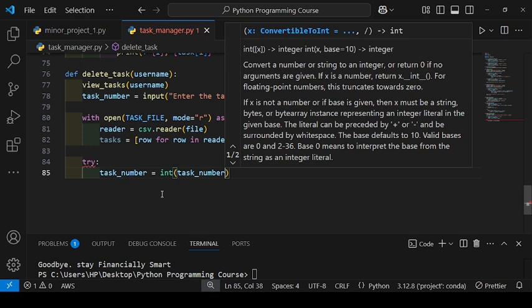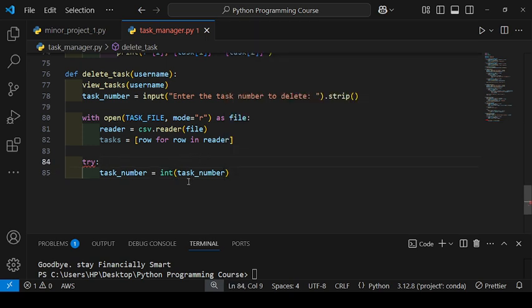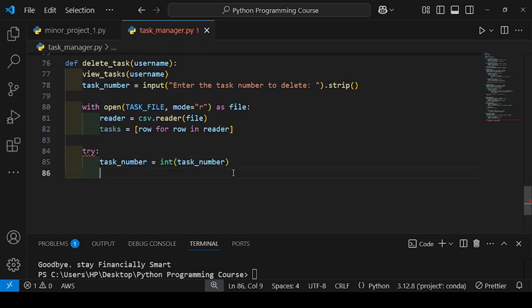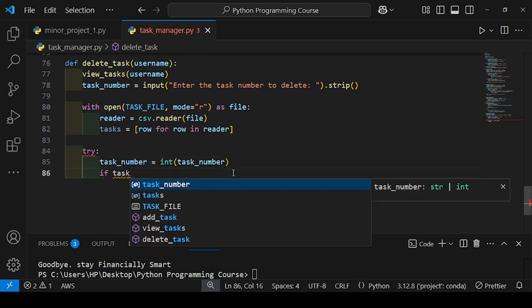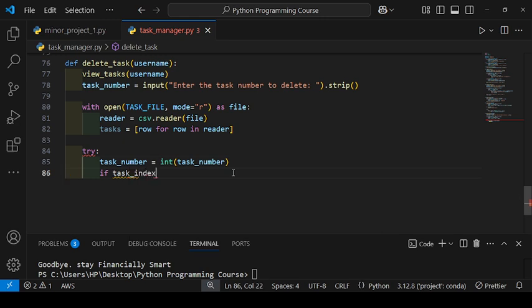If user enters a string, it will not be able to convert the string into integer, but you can enter a number in the form of string that can be converted into the integer. I enter here task index,